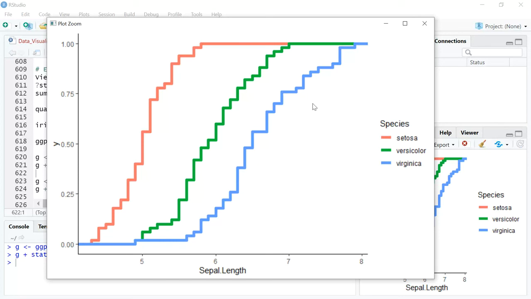Today we're going to look at an interesting function. It's a cumulative function called ECDF, Empirical Cumulative Distribution Function, right? And before we get into the details, I just wanted to show you the end plot of what we want to try and achieve at the end of this video.